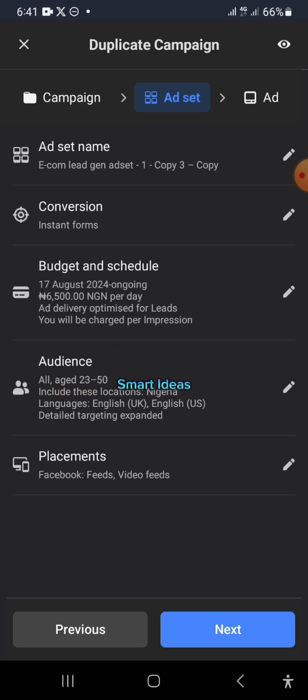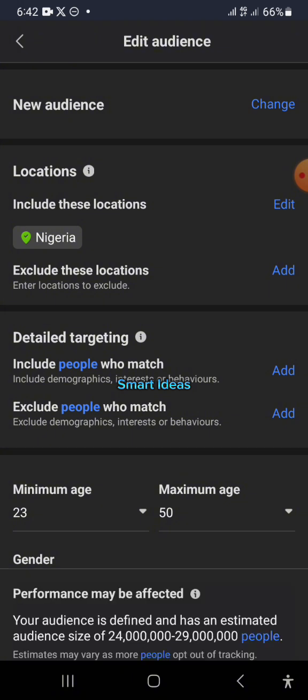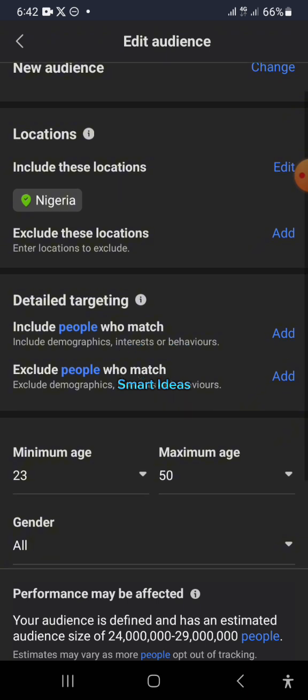So the implication is, since you have increased the amount, it's also good you expand your reach, so that as the ad is scaling, it is also reaching new people within that limit. So let's adjust the audience a little, because you have already given Facebook more money, so give Facebook more room to adjust. So in this audience, let's assume the previous